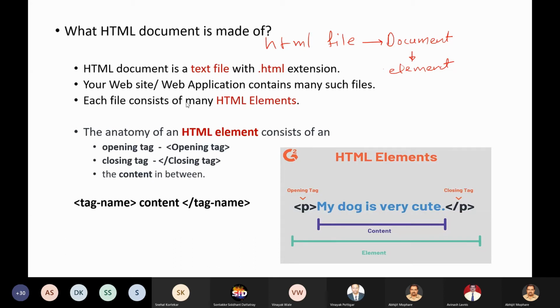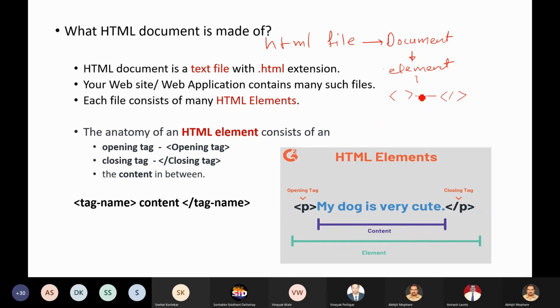Now many of these elements are HTML. Obviously you will not be able to understand this, and it is not expected from you either. This is somewhat clumsy, but what we are going to understand is this HTML element. Every document contains this HTML element, and this HTML element itself is made up of three things: opening tag, content, and closing tag.